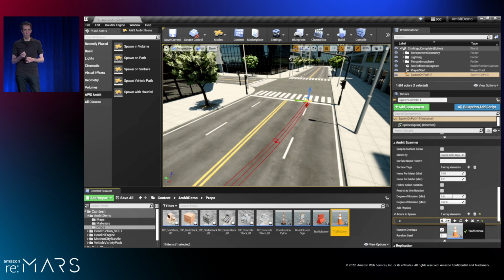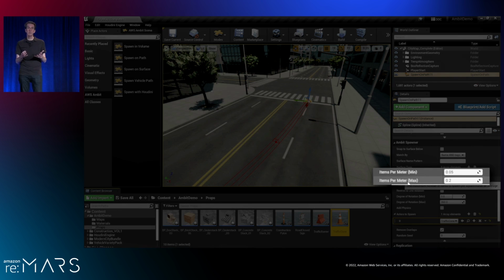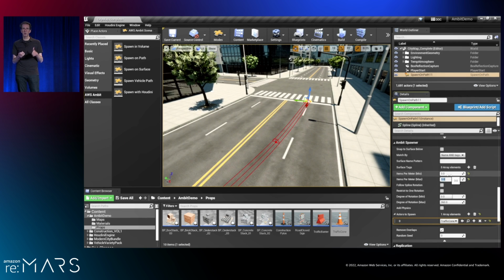In this case, it's just going to be a simple traffic cone prop. And then I need to set a density. So this is presented as a range, but I'm going to use the value 3 for both the low end and the high end. This just means I want those traffic cones to be placed at an average of 3 cones per meter.